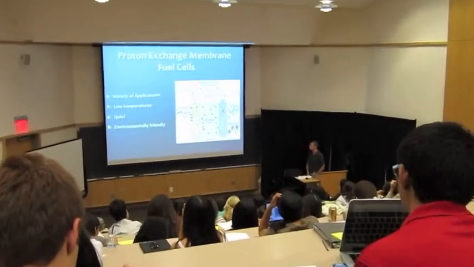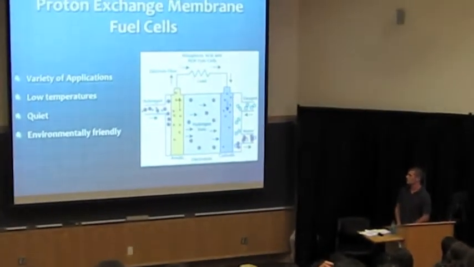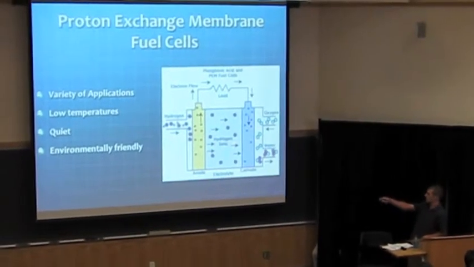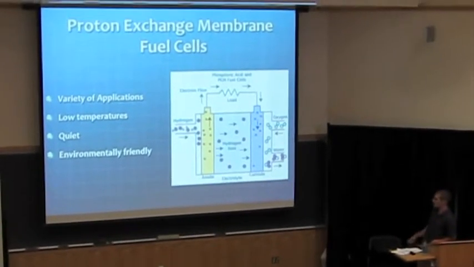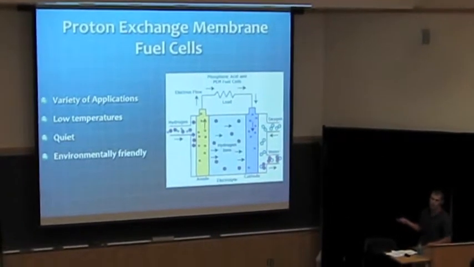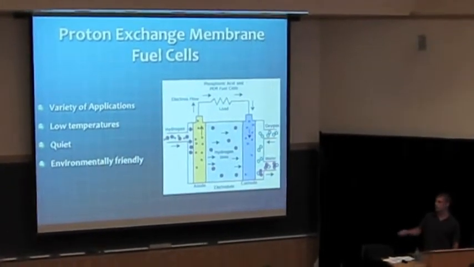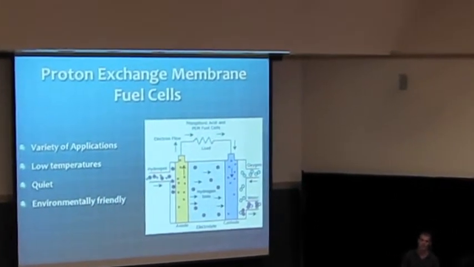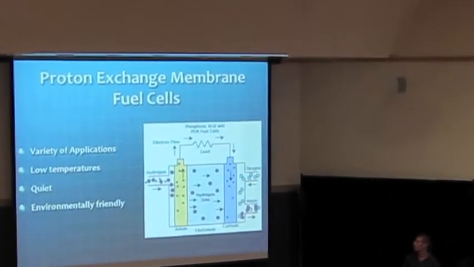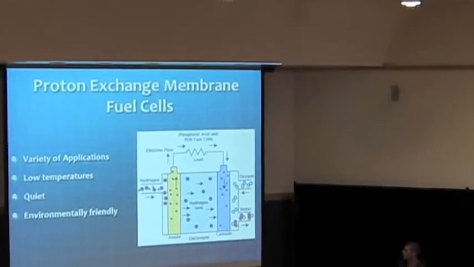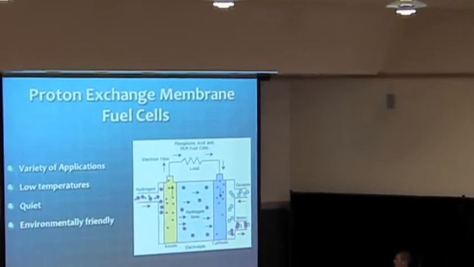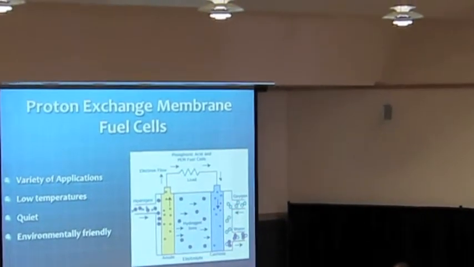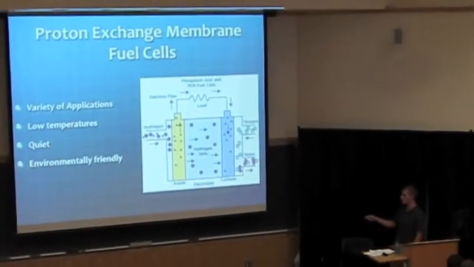Hydrogen is split into electrons and protons. The hydrogen protons pass through this proton exchange membrane right here. Since it's only permeable to the protons, the electrons are redirected up in this external circuit, where their electrical energy is utilized for various power needs. The protons and electrons group together with oxygen flowing in from this side to create water, the only byproduct of